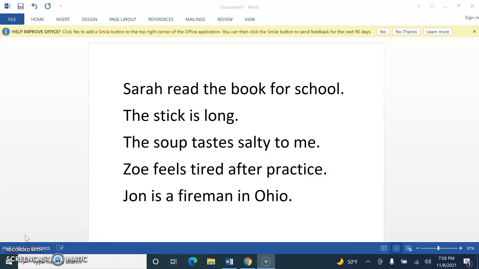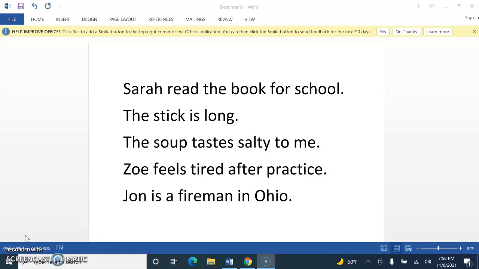Number 4, his brothers rode the tram to the bottom of the canyon. Okay, well, the verb in this sentence is rode. It's an action. It doesn't come up on our linking verb list. So, rode should be underlined twice. Who did the riding? Brothers. His is a describing word telling whose brothers. So, brothers should be the word underlined once.